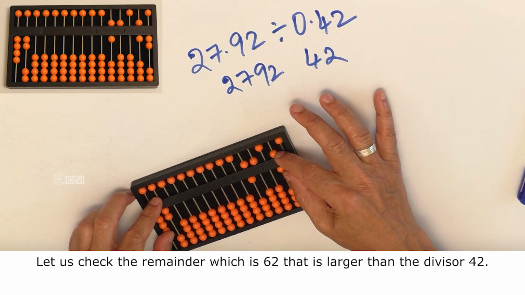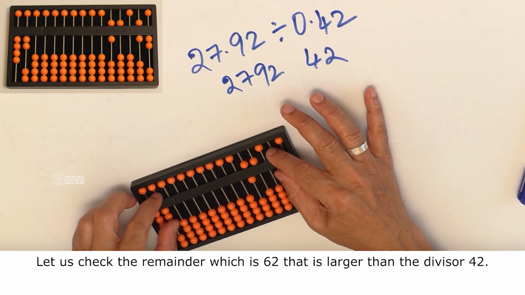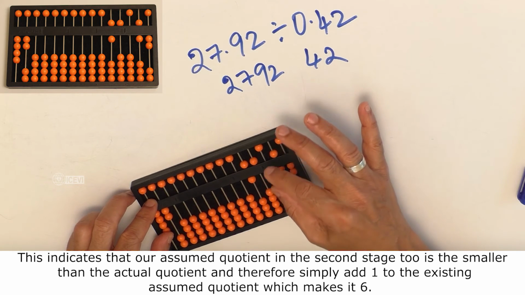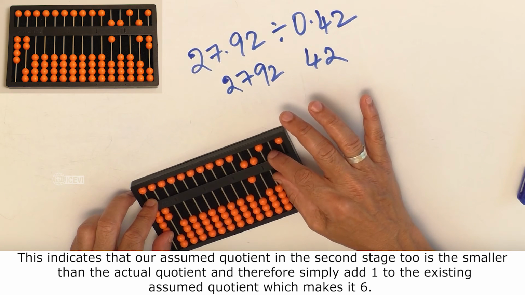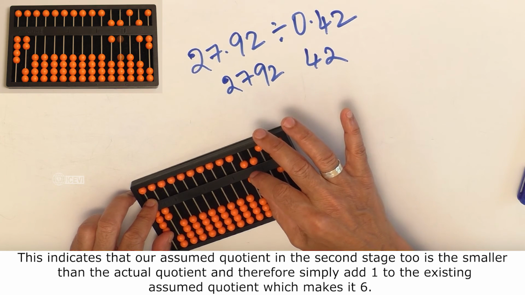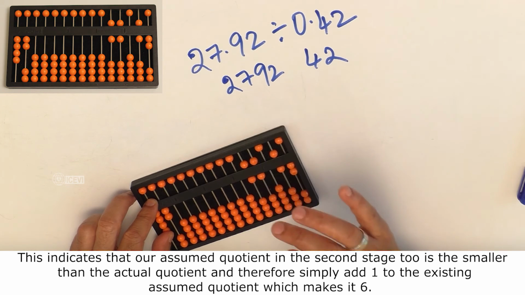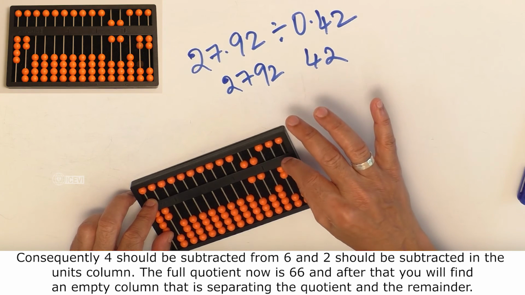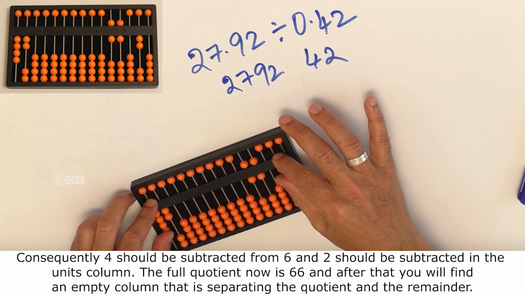Let us check the remainder, which is 62. That is larger than the divisor 42. This indicates that our assumed quotient in the second stage is smaller than the actual quotient, and therefore simply add 1 to the existing assumed quotient, which makes it a 6. Consequently, 4 should be subtracted from 6 and 2 should be subtracted in the units column. The full quotient now is